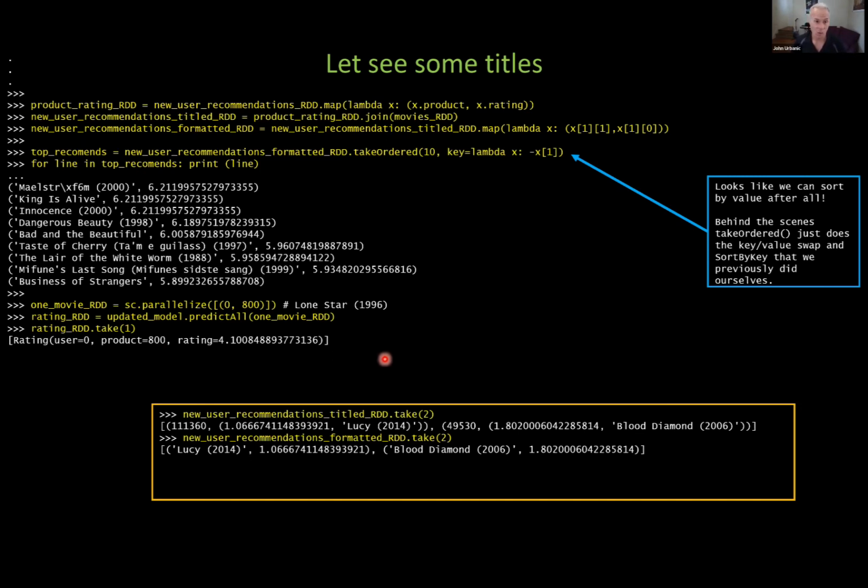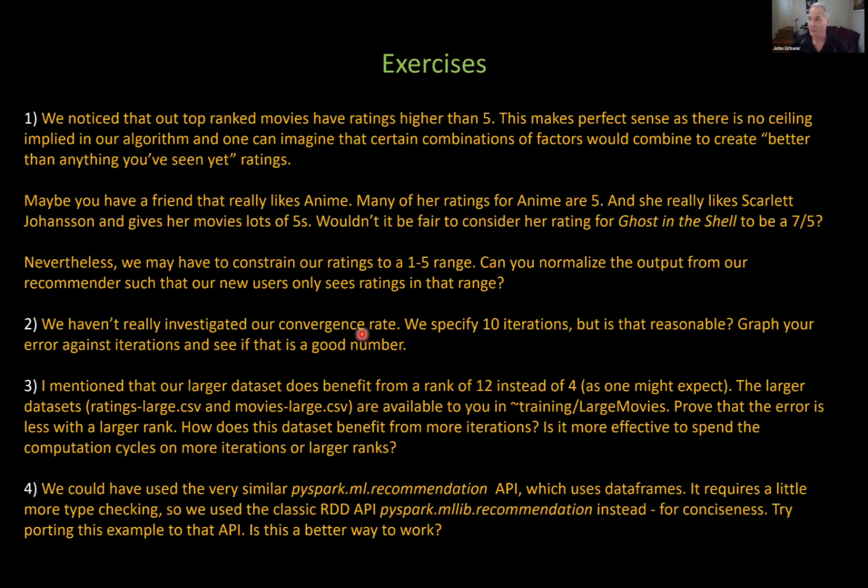And we've investigated one hyperparameter here, K, but we have some more work left to do. So these are our exercises here that we can start with what we've got and work our way out. For example, the first thing, as I said, was our movie ratings should be 1 to 5 stars, right? But they're higher than 5. Now, it's no mystery. So far, we've just been working with floating point numbers. There's nothing in any of our math here or ALS or anything else that says constrain things to 1 to 5 stars, right? It's just a bunch of numbers. And so, of course, some of those numbers started to creep up over 5, which does make sense, right? Because there's no ceiling imposed on our algorithm.